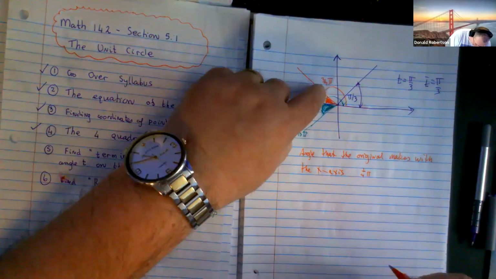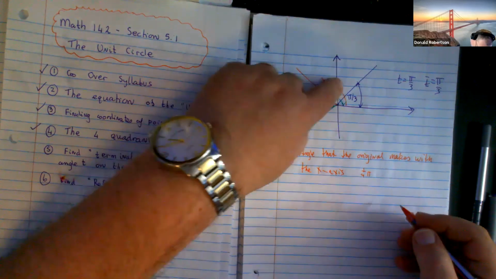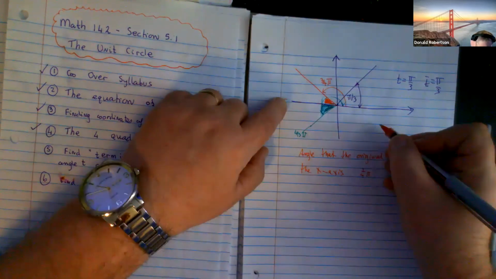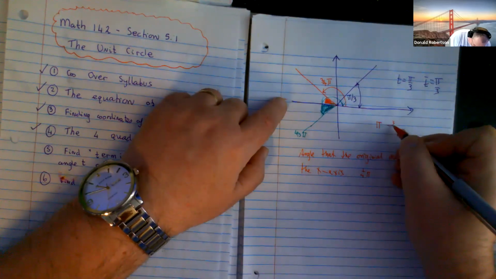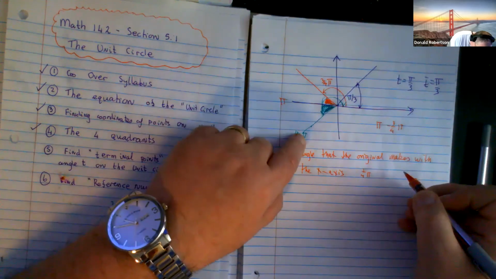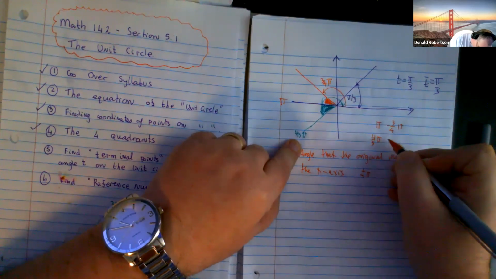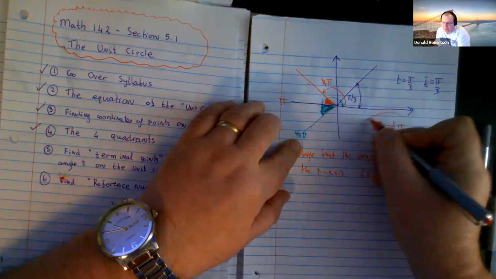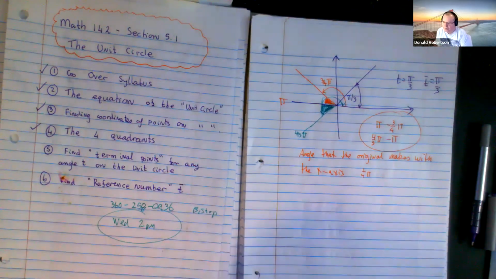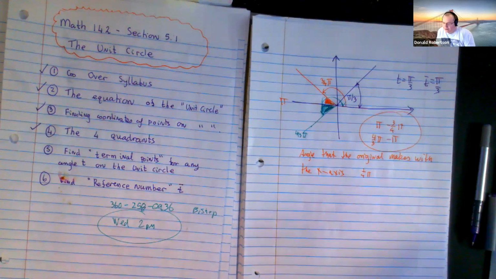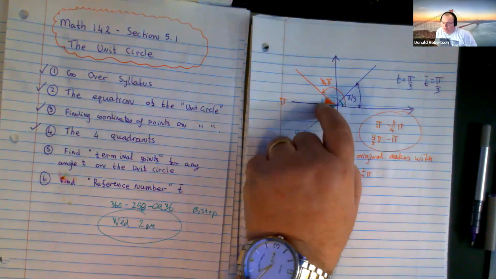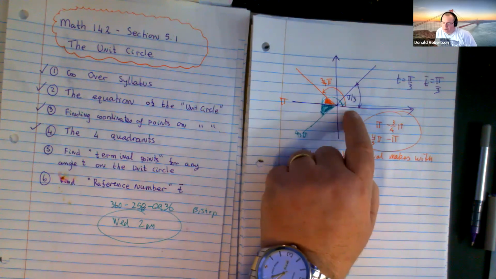So let's show you where those calculations are coming from. See that first one, this one up here? You take pi and you subtract the 3/4 pi from it. On the other hand, see this one here? Don't you take 4/3 pi and subtract pi? Have you noticed that you either add or subtract pi? It's a difference. Pi take away the thing, or the thing take away pi. That's how you're going to get any of these angles. If you want this one over here, isn't it going to be 2 pi take away the angle? When I see you tomorrow, we'll spend more